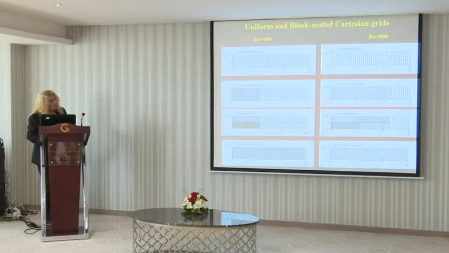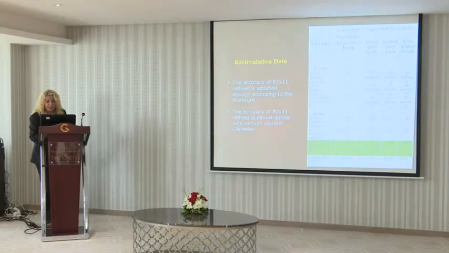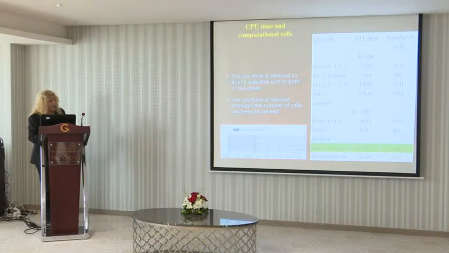These are the different grids that we use in order to solve it. As you can see, here we have used subgrids, and we produce better accuracy with less simulation time. The accuracy is very good at the recirculation point, comparing with other results, while the computational time has been reduced, although the computational cells are more. But because of the flexibility of the algorithm, in fact, we gain time.